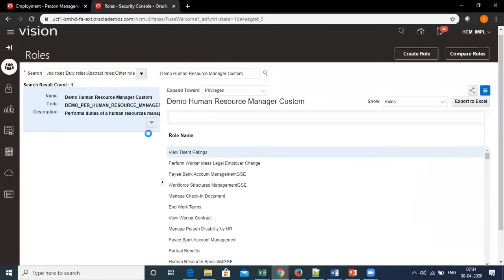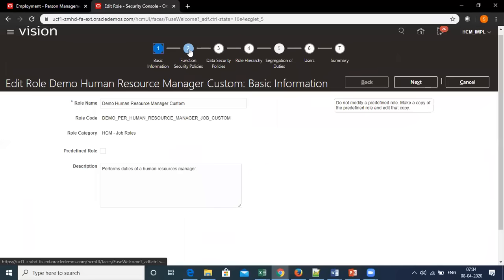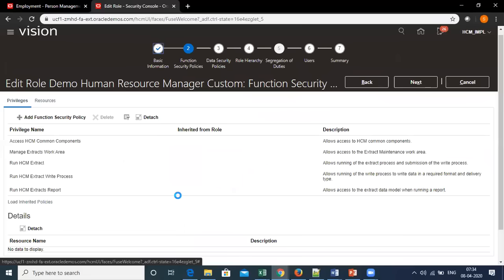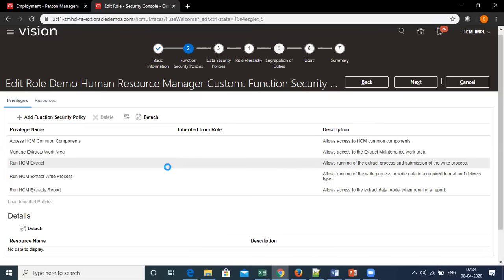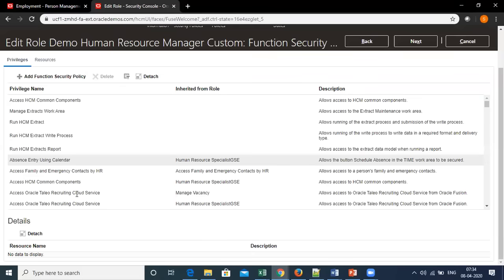When I go to edit role, and go to function security policy, if I load the inherited privilege policies, here you can see that absence entry using calendar is available, but absence administration work area is not available.